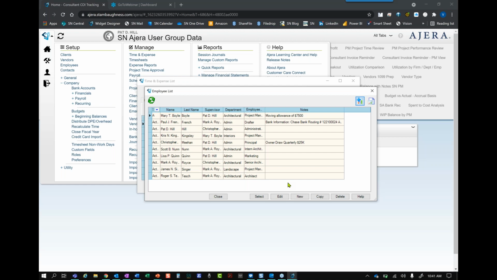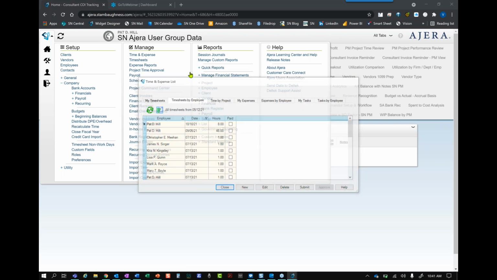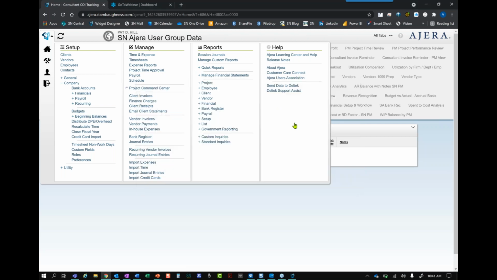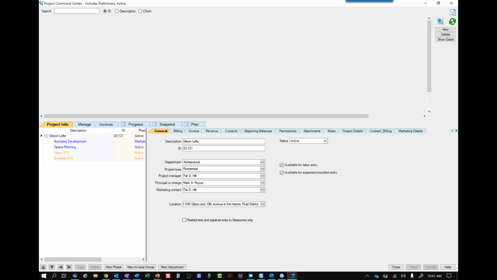And I mean, basically anywhere that an employee can be brought in, the biggest place that I think people could see this would be on the Project Command Center. If you're using resources and resource planning, they can pull in the employee name into the Project Command Center as a resource on that job. And in that selection field, like Val showed, anybody can hit that blue plus sign and pull in those notes. So they are not protected, even though we think they might be because they're on the employee record.